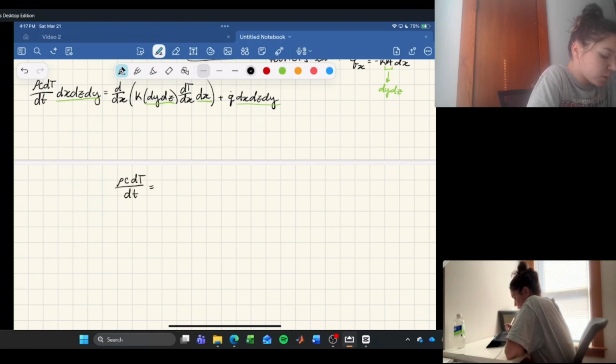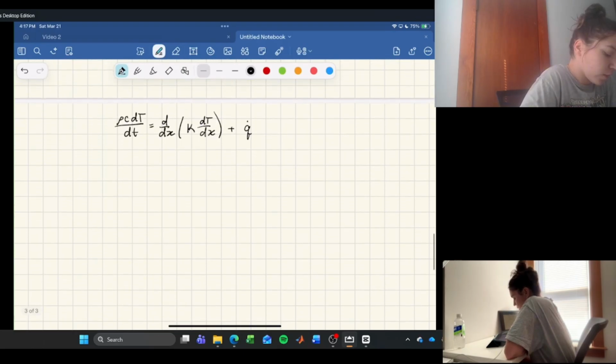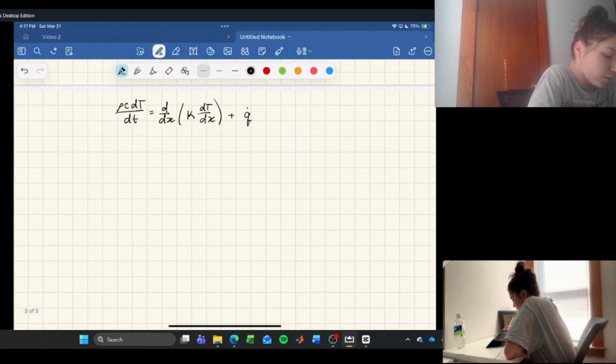So it's still the density times the heat capacity times the change in temperature over the change in time. And then it's going to be the thermal conductivity times the change in temperature over the change in position, and then plus the rate of heat flow. And then we also have the thermal diffusivity, which is the thermal conductivity over density times heat capacity. So we can rewrite this again